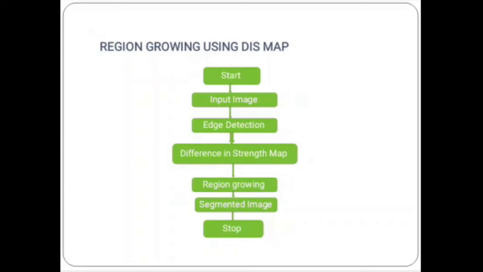First, you should choose an unprocessed pixel which has the smallest DIS value. After that, check each of the 4 neighboring pixels near the one that we have already processed. You can label whichever has the smallest DIS value, and mark it, let me give an example, as R. Then check each of the 4 neighboring pixels of R to see if it is unlabeled. If yes, add it to the candidate list.